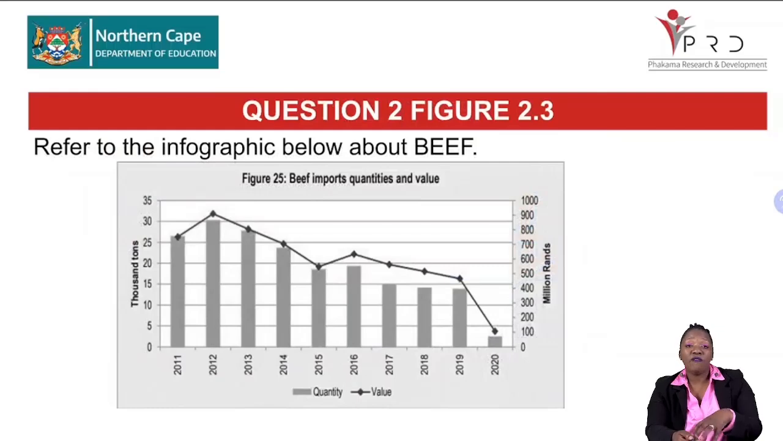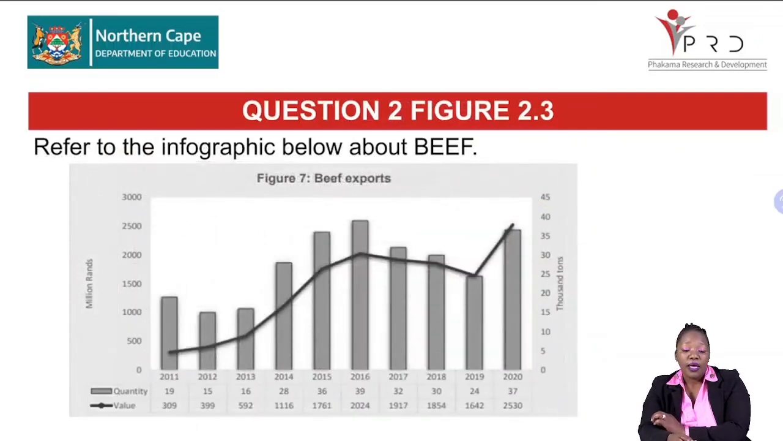Then we proceed. We are still in the infographic. I've broken them up so that you can identify all the things that you need to identify. Secondly, in our infographic, we have this table. This is the beef import quantities as well as the values, the thousand tons versus the quantity or the value. It's starting from 2011 up until 2020. So you can see the trend there. And then next is our